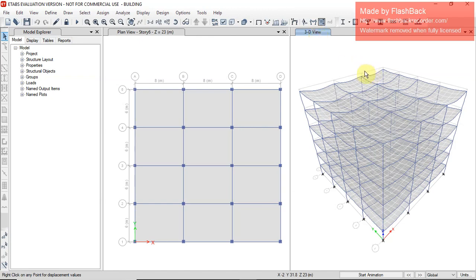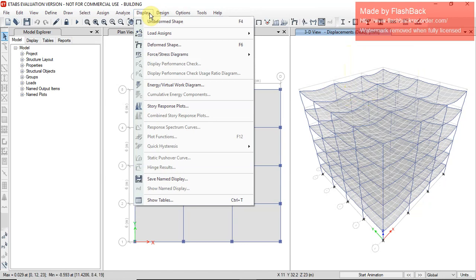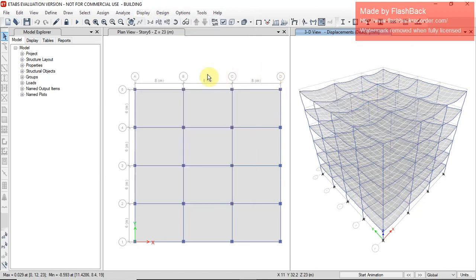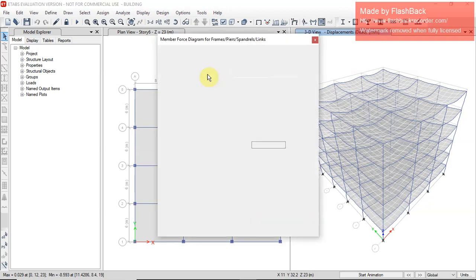Here you can see that there is a deflection or displacement in the 3D view. You can see displacement and anything that you want. All the things like displacement, force diagram, frame, all the things you can see.